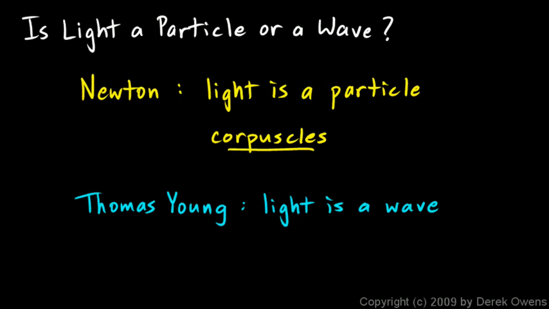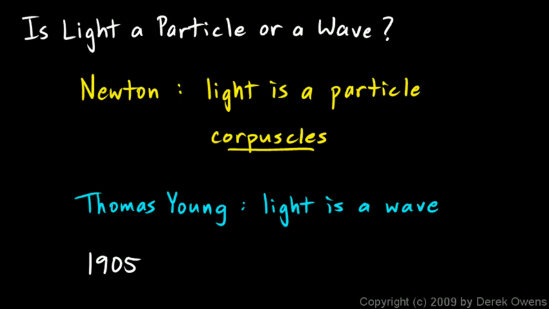And Newton, as great as he was considered to be, was seen as wrong on this point. Scientists understood that light was a wave. They could prove that light was a wave, and they had all read about, and many of them had done, these experiments demonstrating that light was a wave. So even though Isaac Newton was still greatly revered, he was seen as wrong on this particular point. And that is until the year 1905.